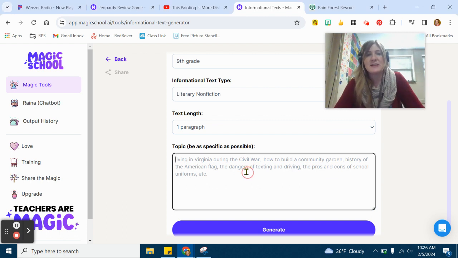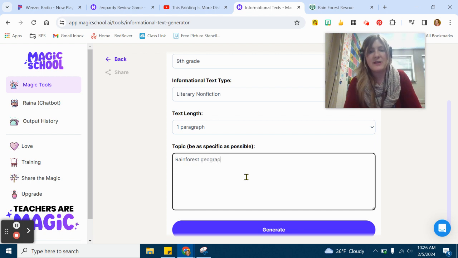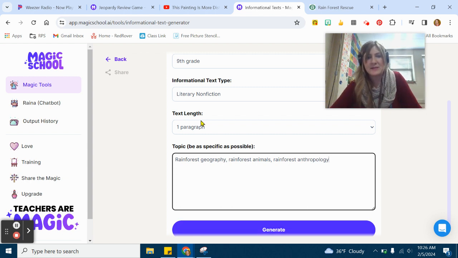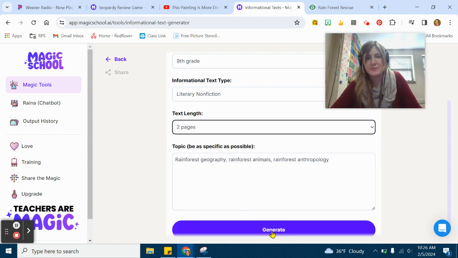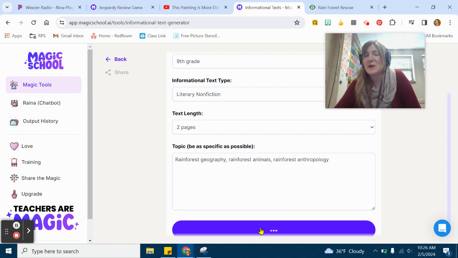So for this, let's just say rainforest, geography, animals. Actually, we'll say rainforest animals, just to be more specific. Rainforest anthropology. We'll leave it at that. Let's see what happens. And this is going, let's say 2 pages, generate. Let's see what happens. So essentially it's going to write an article or information for you that's going to pull